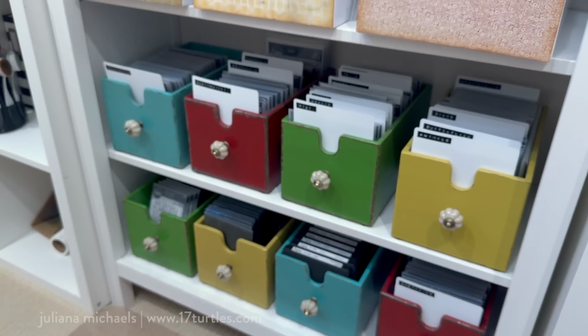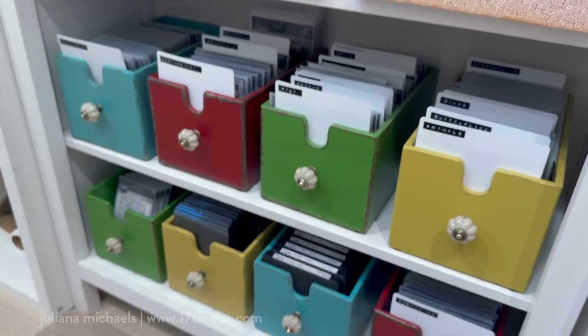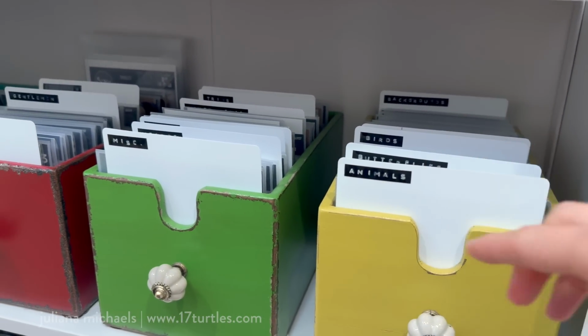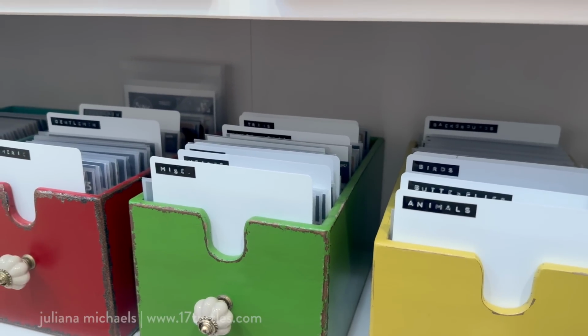And so they work really well. I also have my embossing folder collection down here as well. And again, I've got these little dividers in here. These are from scrapbook.com, and I've just made different categories, again, kind of based on some of the,